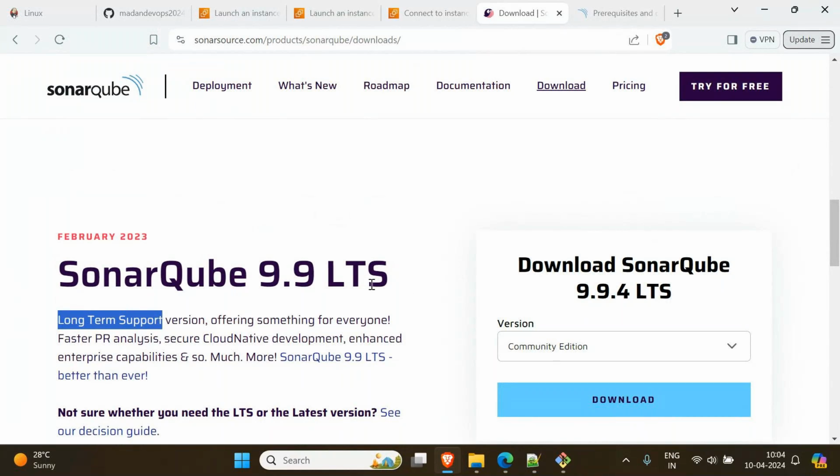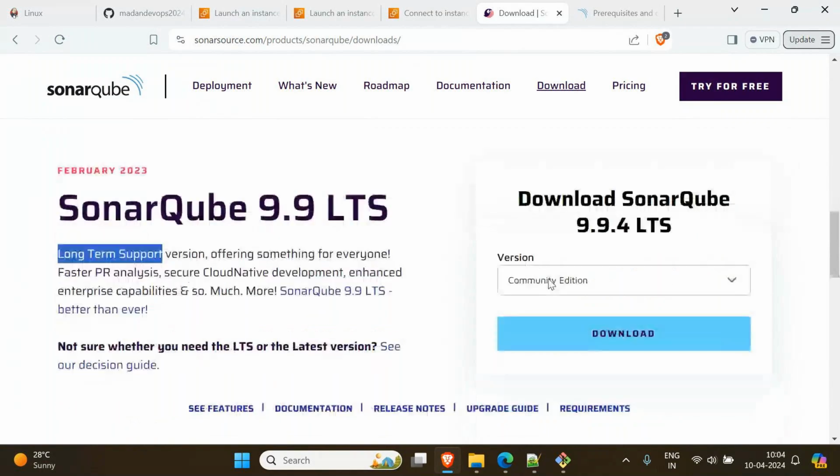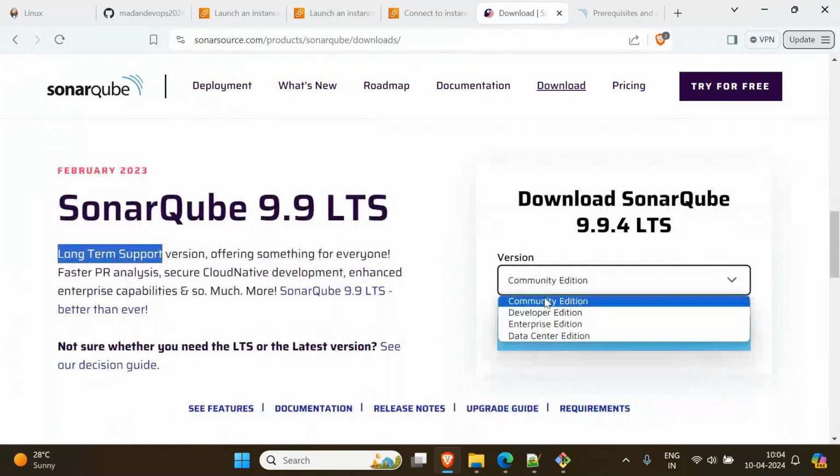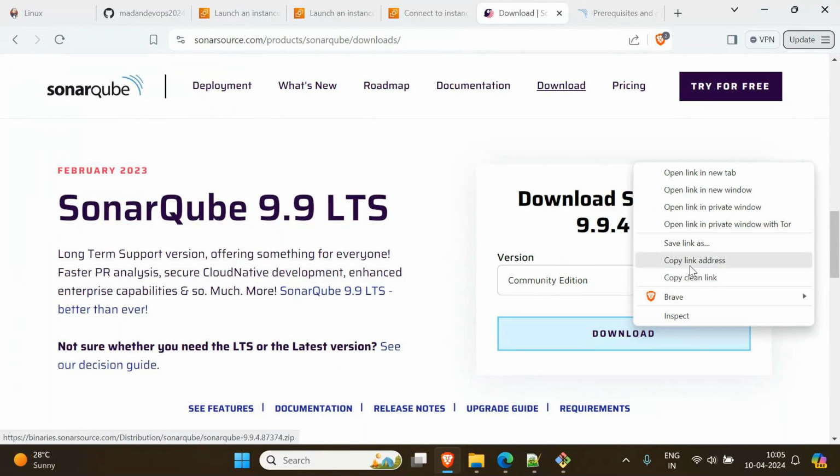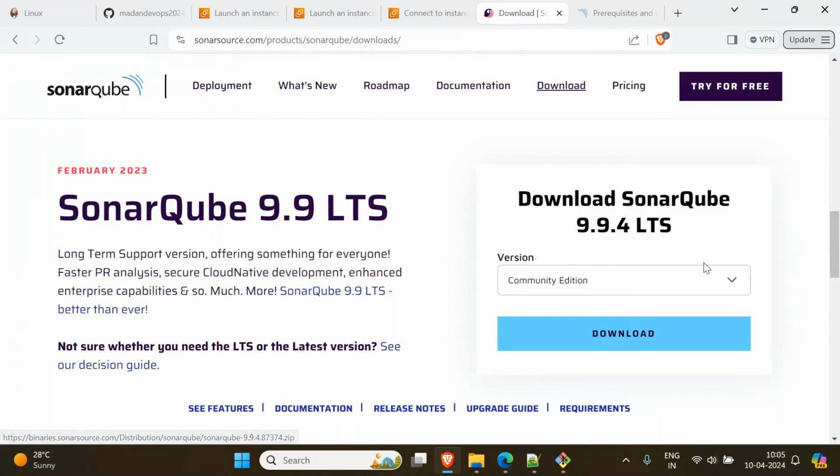In the version drop down here, we have various versions, out of which we have to use community edition. Select community edition, and on the download link, right click and click on copy link address. You know how to copy this link, okay? We are not doing it on Windows. If it is Windows, you can directly click on the download button, but we are not doing it on Windows. So then what I have to do,